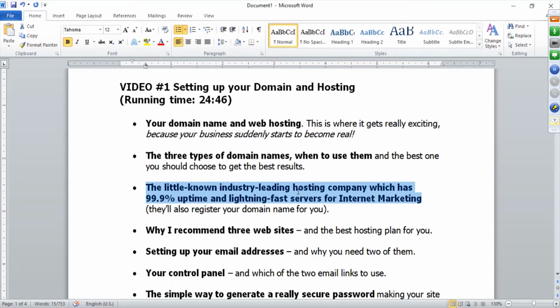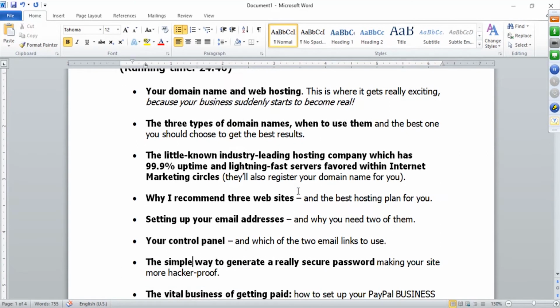It's not very compelling that way, whereas the little known industry leading hosting company which has 99% uptime and lightning fast servers for internet marketing, or it could be favoured within internet marketing circles, something like that. Again, that adds a bit of curiosity. The whole favoured within internet marketing circles thing, that actually makes people think, oh, this is something which is actually pretty important. Setting up your email addresses and why you need 2 of them, that again could be made more